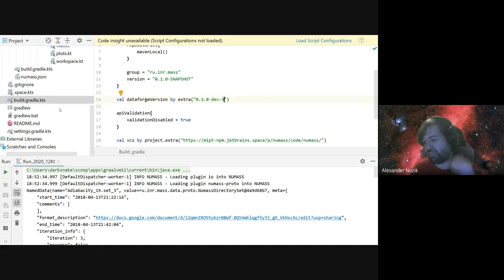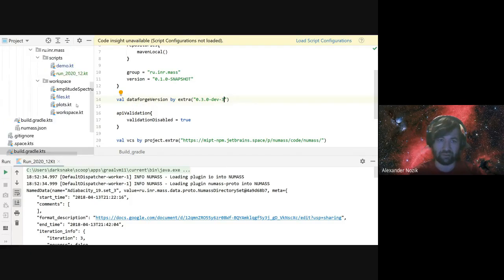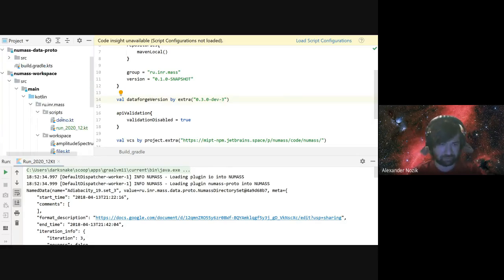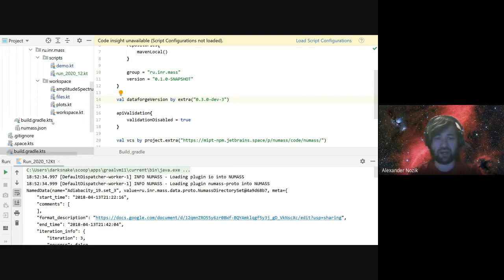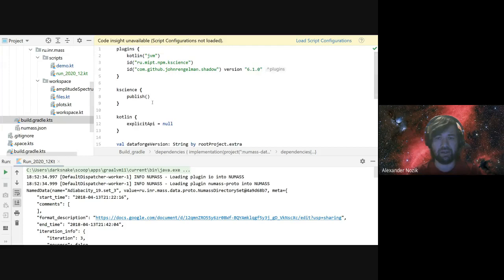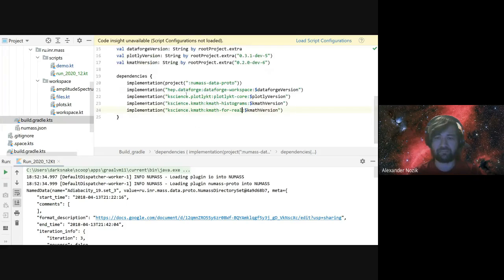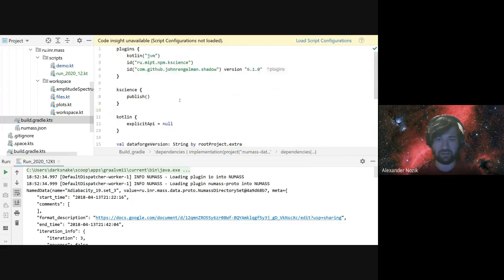So I want to keep it simple for people who will use it. I want them not to bother with building all those dependencies with the correct versions, et cetera. I want them to just do simple things like they do in Python. For that, I'm just bundling all my files into one jar file via the shadow plugin. You can read about this. It's a shadow plugin, and